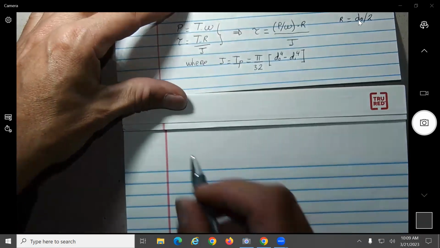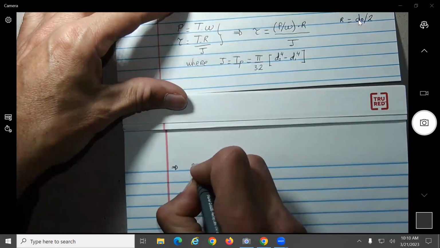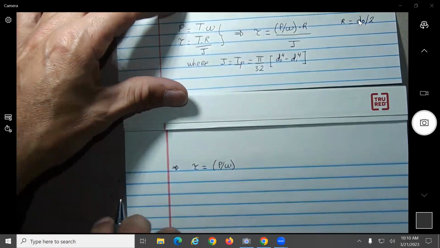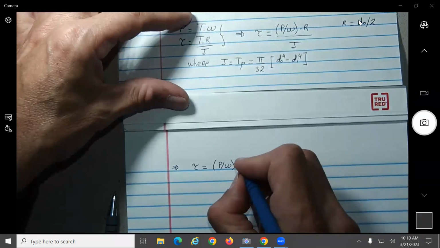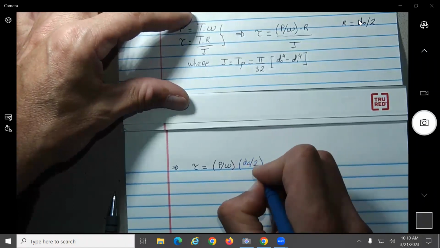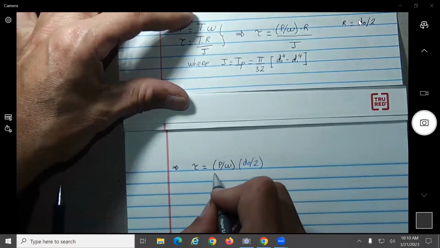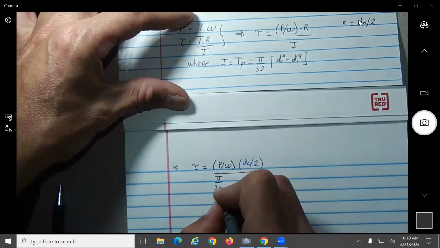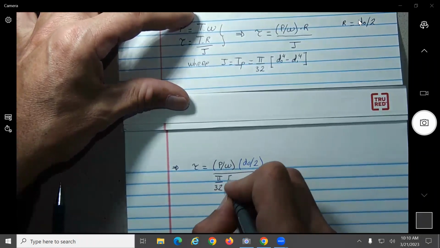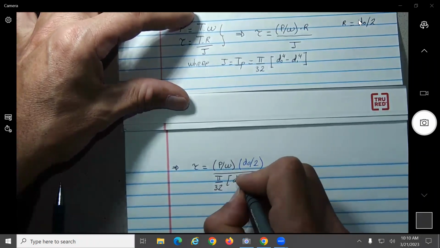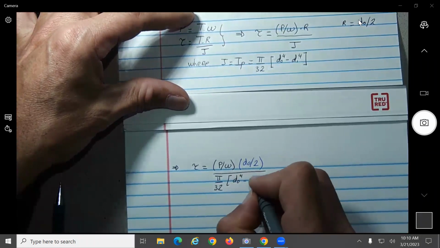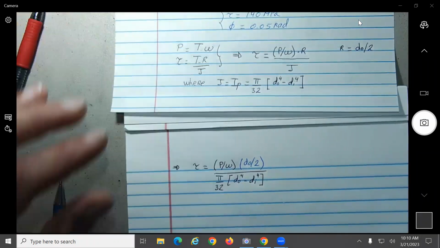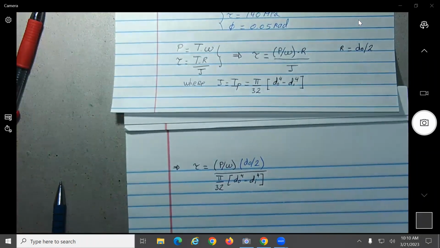Basically, we'll have: the shear should be equal to P divided by angular velocity, D outside divided by 2, divided by pi over 32, D outside to the 4th minus D inside to the 4th. So